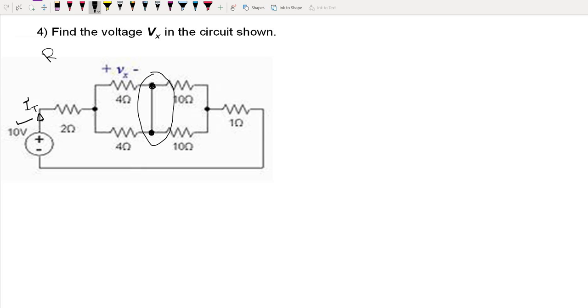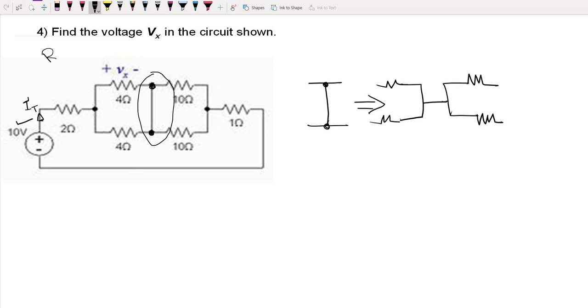What I can do is, now this encircled part has been shown like this, no? It is like this I section like this. So this junction and this junction are at the same potential because there is no resistance between them. That means I can write this particular part this way. I can always write like this. So I can separate out like this, because there is a point, no? So here there is a 10 ohm resistance, here one more 10 ohm resistance, then here there is a 4 ohm resistance and one more 4 ohm resistance. Now it is quite clear, I think.